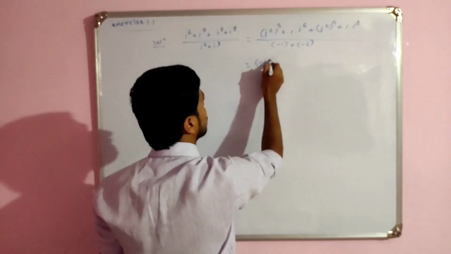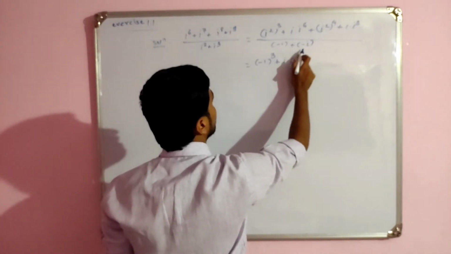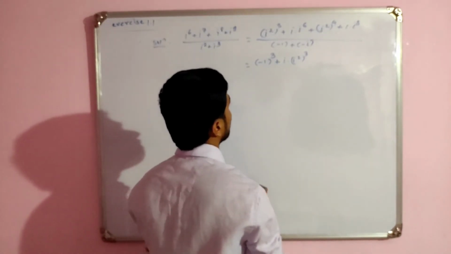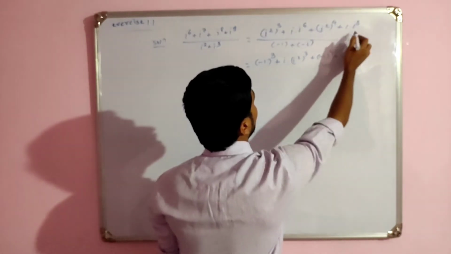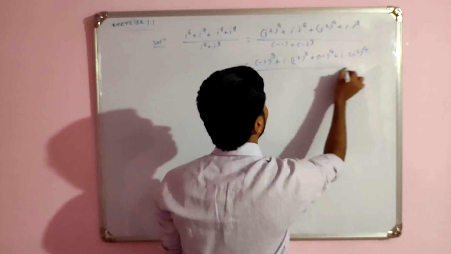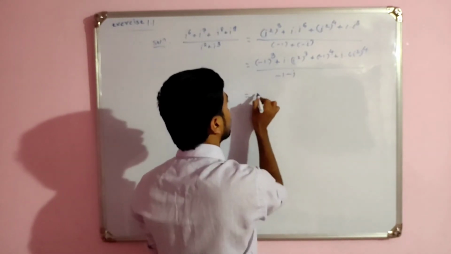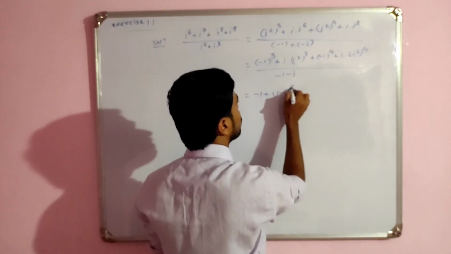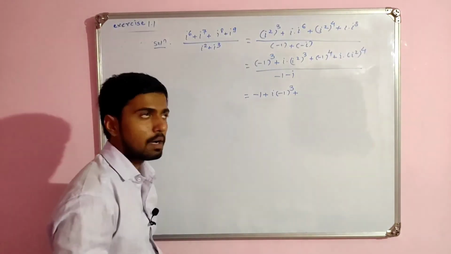So i square which is -1 cube plus i into i raised to 6, i square raised to 3, plus i square which is -1 raised to power 4 plus i into i raised to 8, i square raised to 4, whole divided by -1 plus minus i is equal to -1 cube, -1, plus i into the value of i square which is -1 raised to 3 plus -1 raised to 4, -1 raised to even power which is